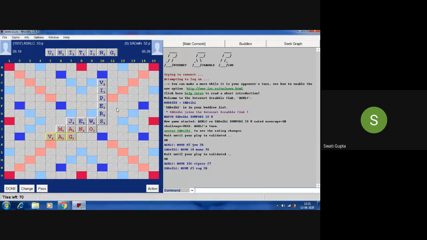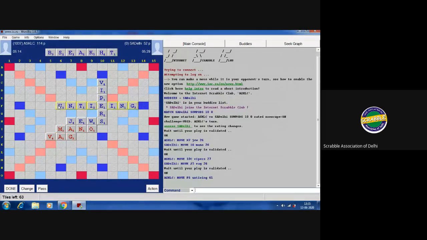See, we have an E over here, and if we go with untying, I hope untying is a word. And I think inputting would have been a word. I'm not very sure whether it takes a single T or a double T. Okay, I'll just check. It takes a double T, so that would have been no. So untying. This is how you try to figure out if you don't get a placement.